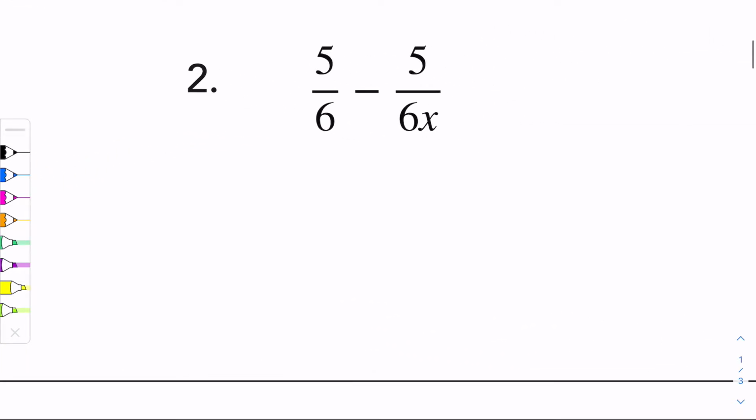Number 2 is a subtraction problem. We have 5 over 6 minus 5 over 6x. When you look at the denominators, the first expression has a denominator of 6 and the second expression has a denominator of 6x. So if you multiply the first expression by x, both the top and bottom, that's actually going to create your common denominator. You won't have to do anything to the second fraction